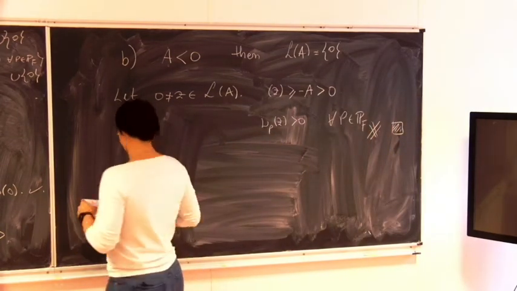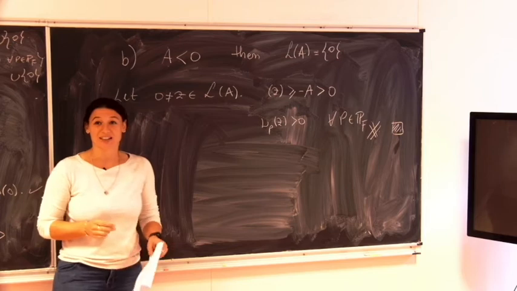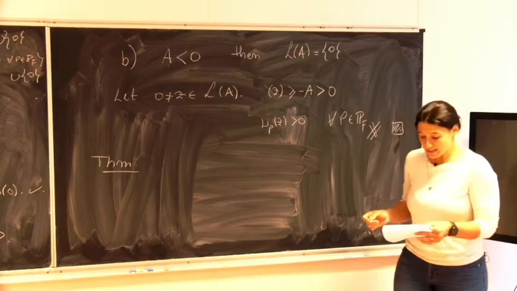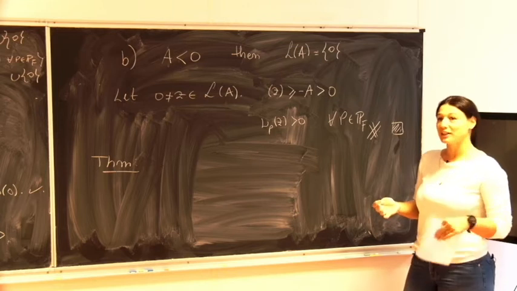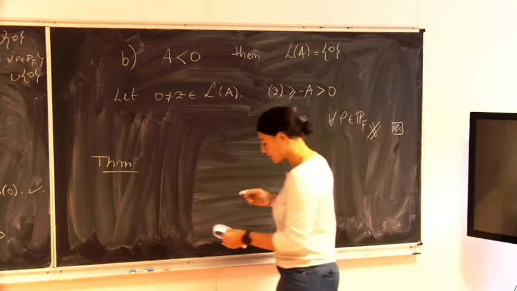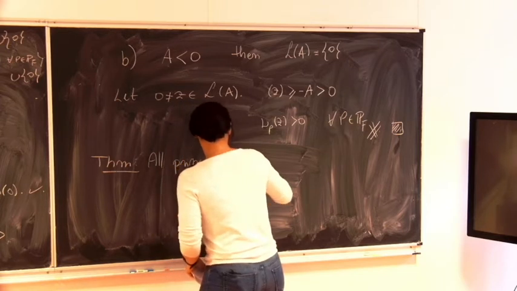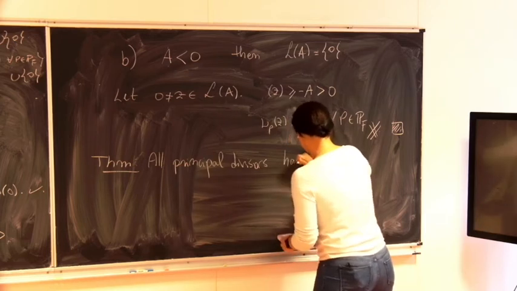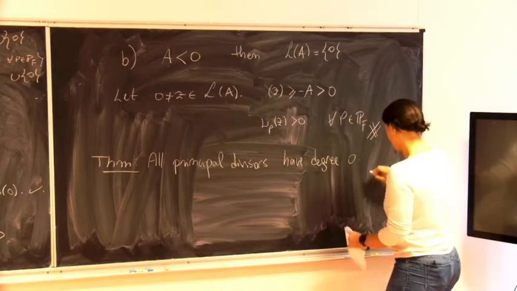The lemma, sorry. And the theorem that we are not going to prove, but it's saying what happens with the principal divisors: the principal divisor always has degree 0. The amount of zeros and the amount of poles, if we count properly, is the same in principal divisors. All principal divisors have degree 0. More precisely,